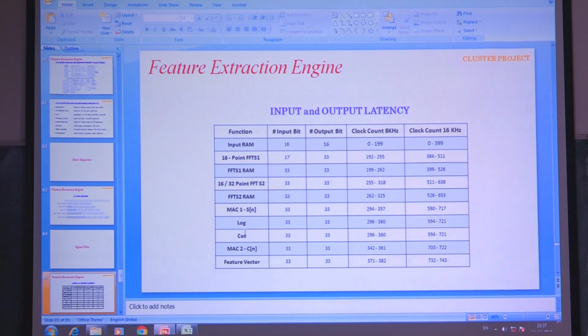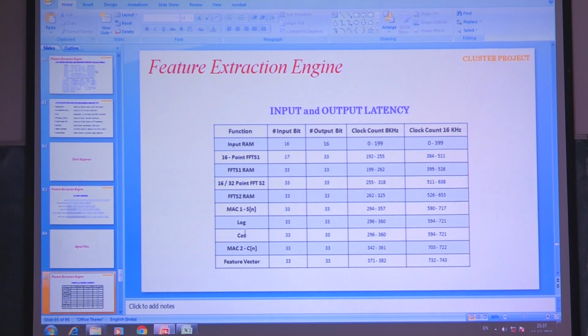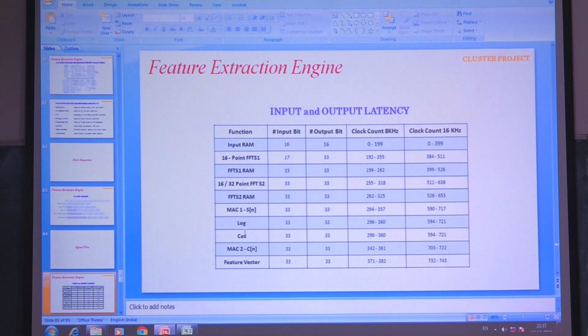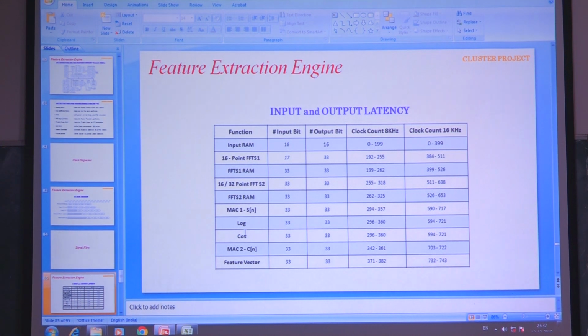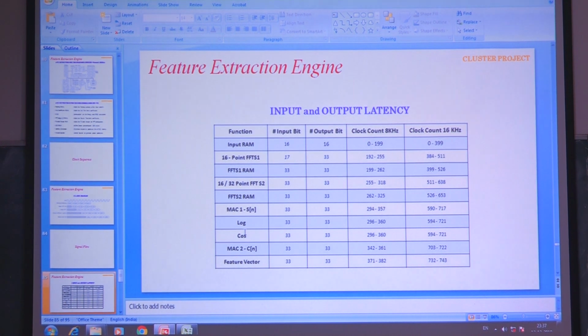Similarly for the 16 kilohertz clock, 4 non-zero coefficients are there. So for 592, 594, we'll get the first coefficient for the log. But the last coefficient we'll get only when the last bank of Mach 1 completes. So the last bank after it completes, we'll get around 360 for the last bank, and here 721 for the